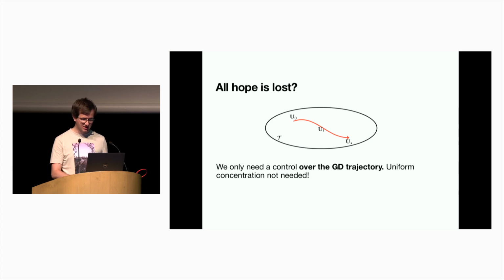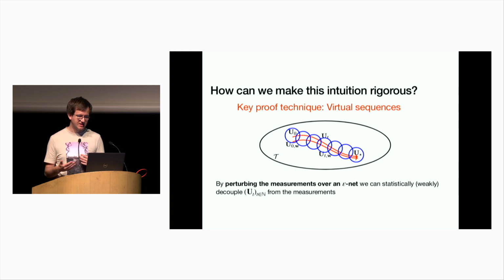And how did we get bounds over this trajectory? So the key proof technique which we introduced in our paper were basically virtual sequences. This is in some sense related to what people did with leave-one-out sequences, but what we really did is we